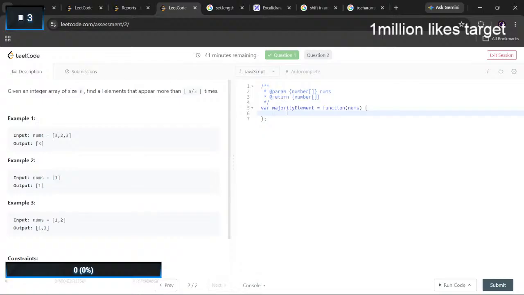But if we have more than n by 3, n by 3 times. I know this condition was not necessary, but I'm still going to do this.